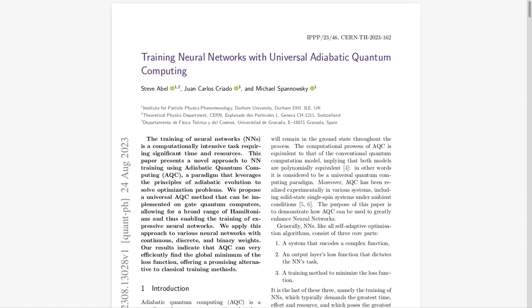Oh, absolutely. But I'm guessing there must be some limitations here, right? Things can't be perfect just yet, can they? Yeah, you're right. There are some challenges that still need to be addressed. While AQC really excels at finding these optimal solutions, and it shows huge promise for these smaller scale problems, scaling it up to work with these massive, complex neural networks that are being used today, that's still a hurdle. So AQC is like having a high-performance sports car. It can handle those tight corners and tricky maneuvers, but maybe not quite ready for that long-haul road trip just yet.